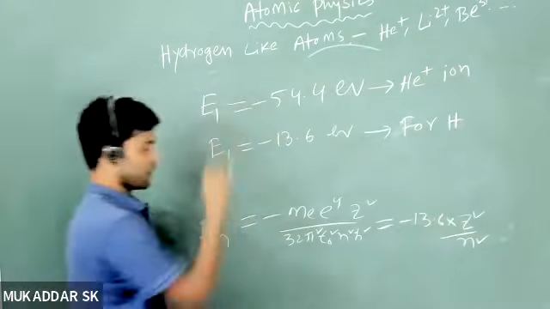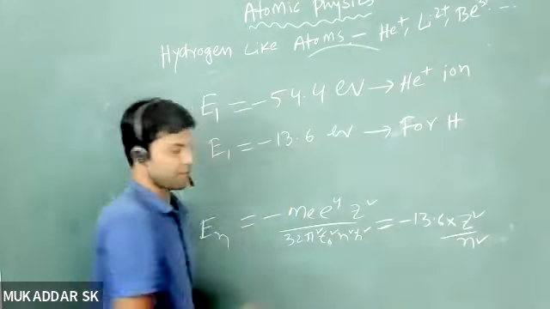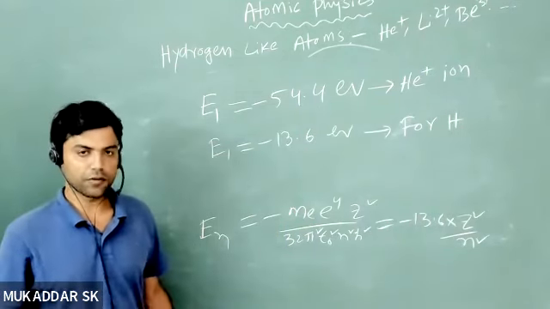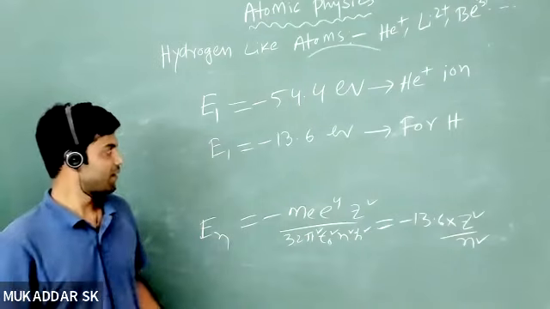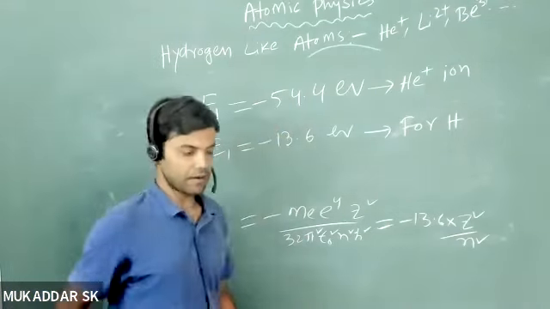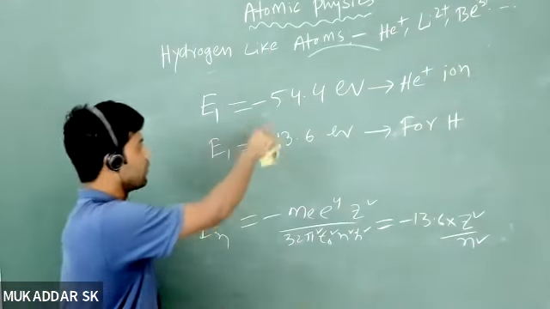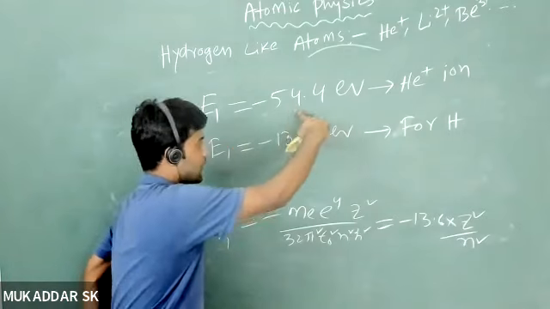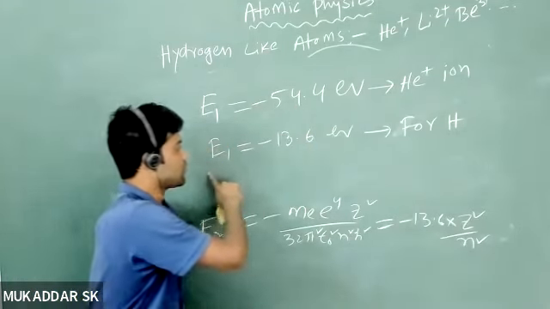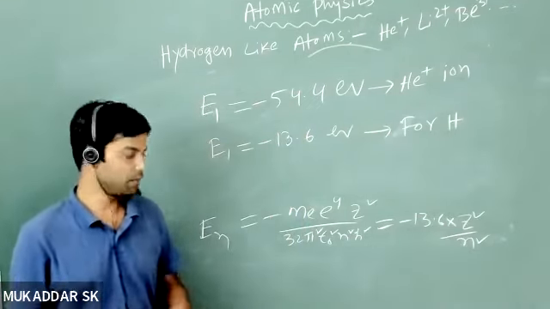अब इनमें से कौन बड़ा है बोलिए जरा? माइनस 54.4 बड़ा है या माइनस 13.6 बड़ा है? Minus 13.6. वेरी गुड. तो कंफ्यूज आ गया था ना? ऐसा लग रहा था ना हीलियम का ज्यादा है, बट इट इज एक्चुअली नेगेटिव, राइट? If you take magnitude then of course helium का ज्यादा होगा, but since it has negative sign, that's why ground state energy of hydrogen will be higher than the ground state energy of helium. Okay,